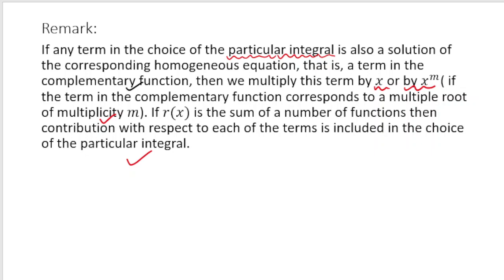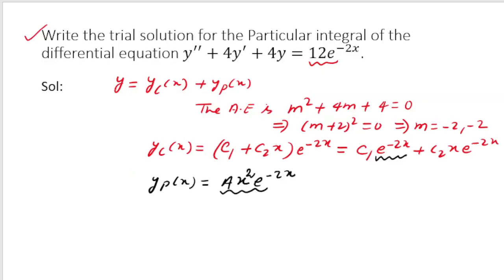So here, as you noticed, this term x e to the power minus 2x is coming in the complementary function because we have a root minus 2 whose multiplicity is 2, meaning that root is coming 2 times, so we need to multiply x to the power 2 in the trial solution. I hope you got this. Okay,